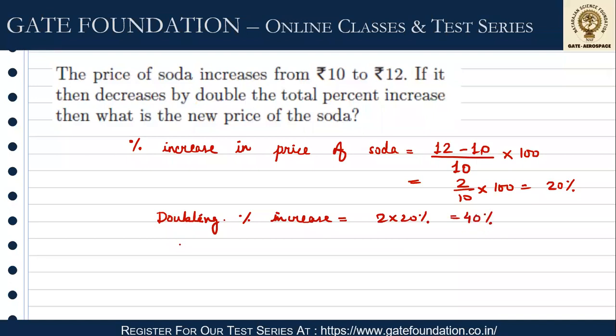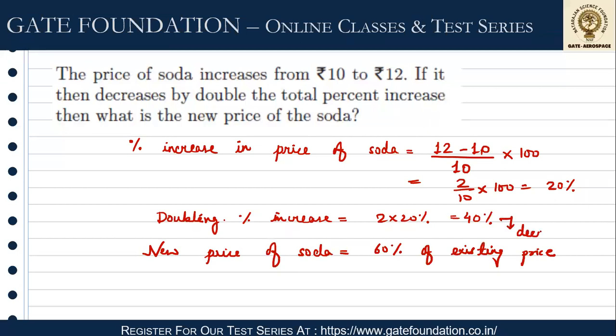So if I decrease anything by 40%, the new price of the soda becomes 60% of the existing price. Right? Why? Because this is decreased by 40%. If it decreased by 40%, it becomes 60% of the existing price. What is the existing price? It is